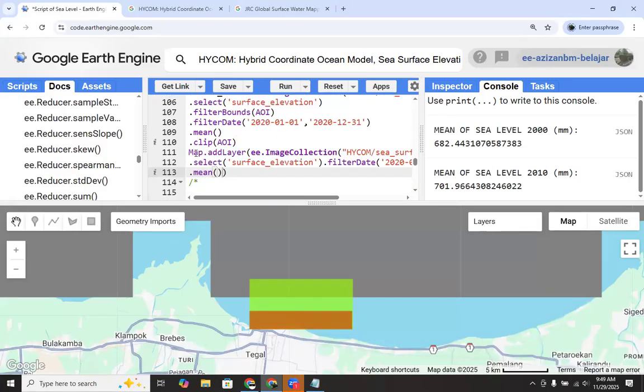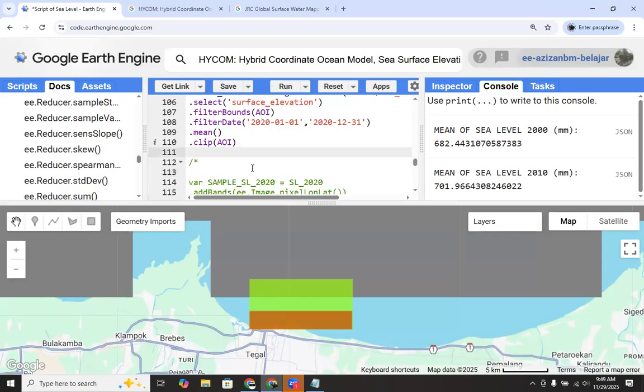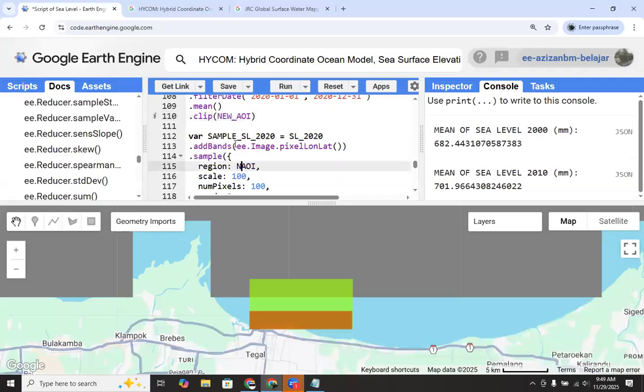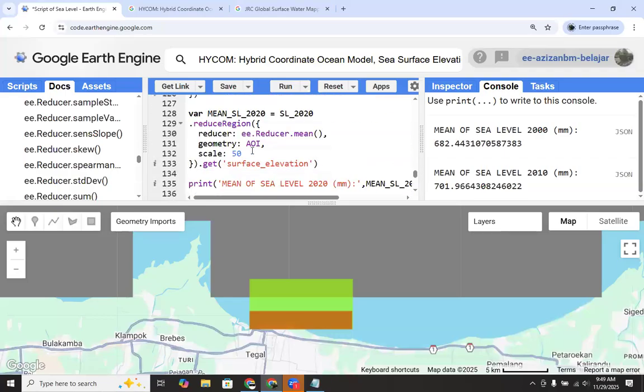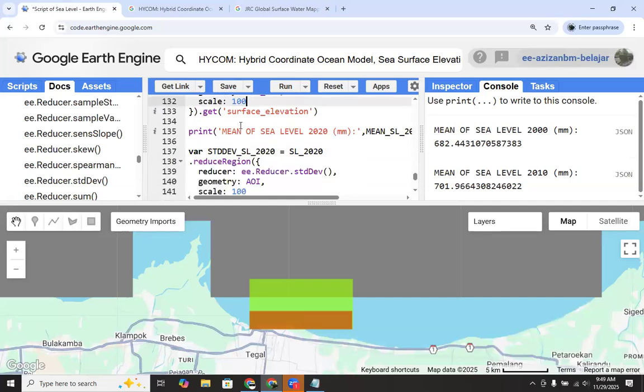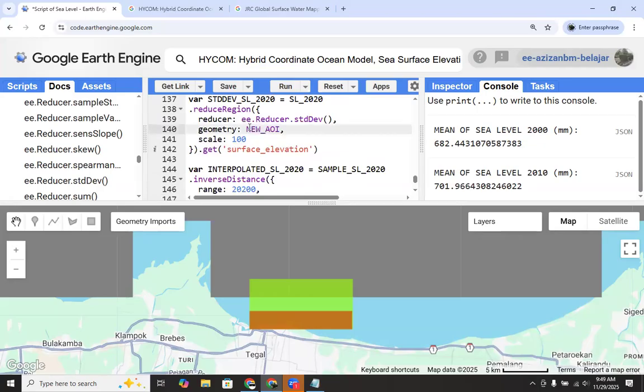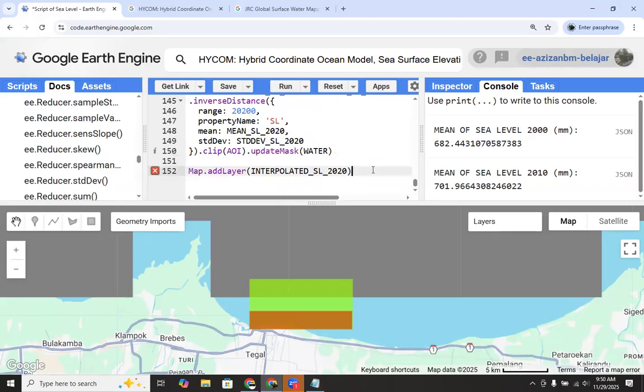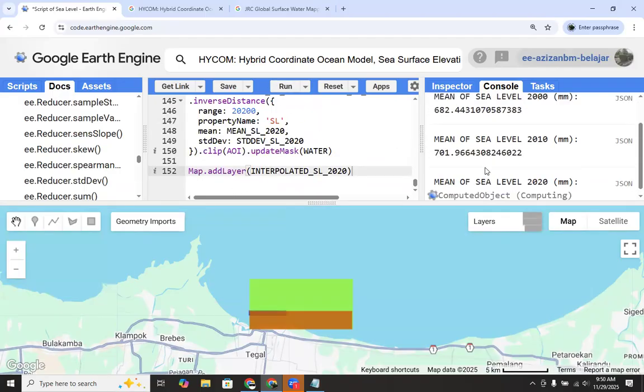And it's only for the 2020 data. But at the end, we can still click on the first AOI, which is only for the 2020 data.